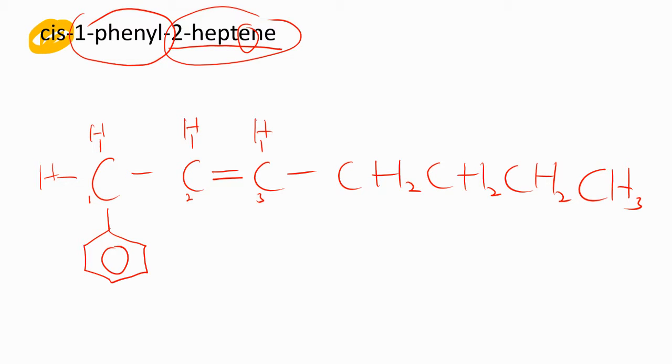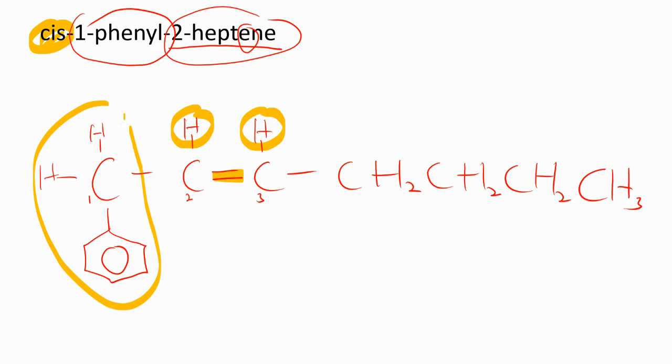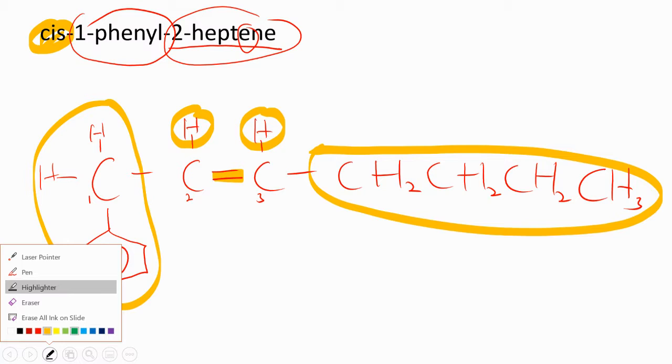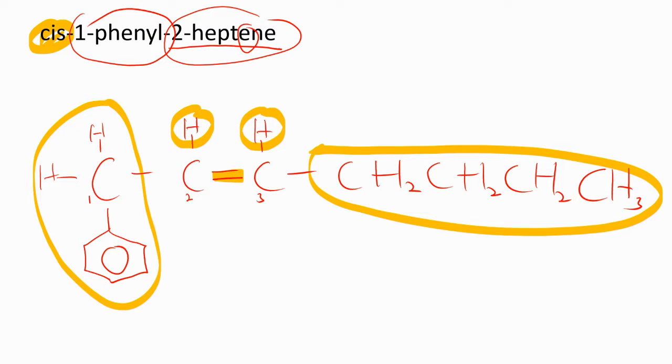cis. When we have cis means that we need to draw in the cis shape. So look at the carbon-carbon double bond. We have 1 hydrogen here, then this one is another group, and this one is another group. Now we can start to draw the cis. Cis 1-phenyl, 2-heptene. So we draw,